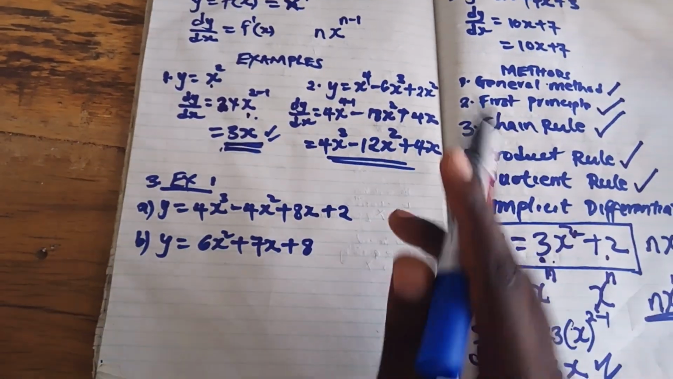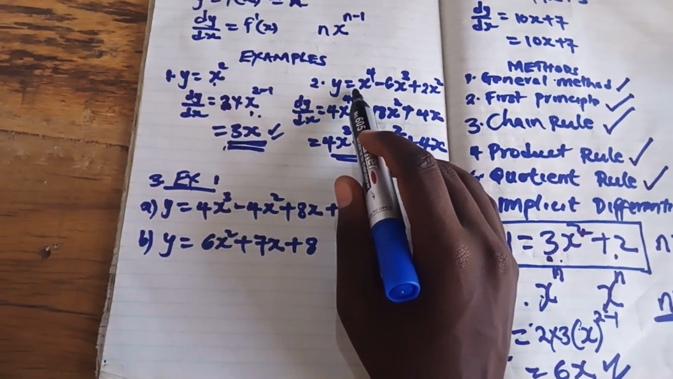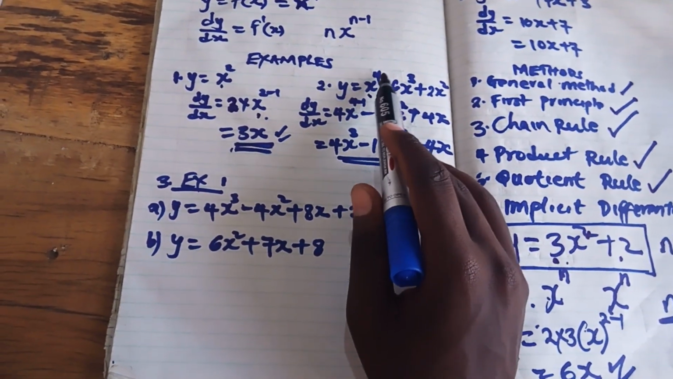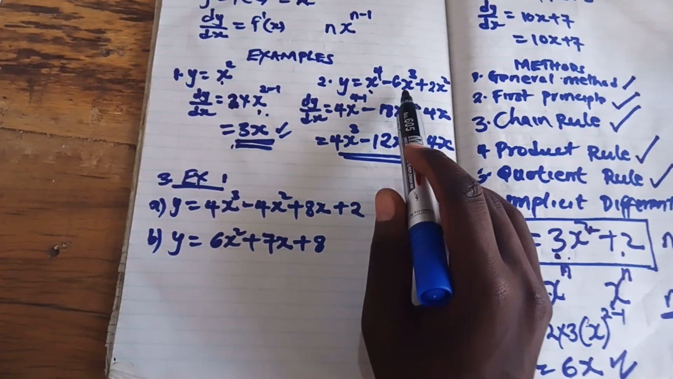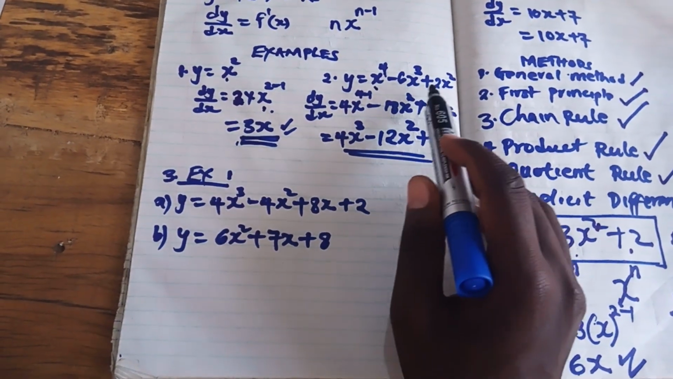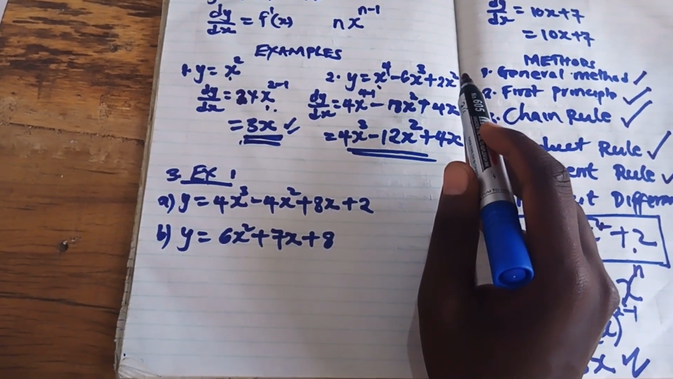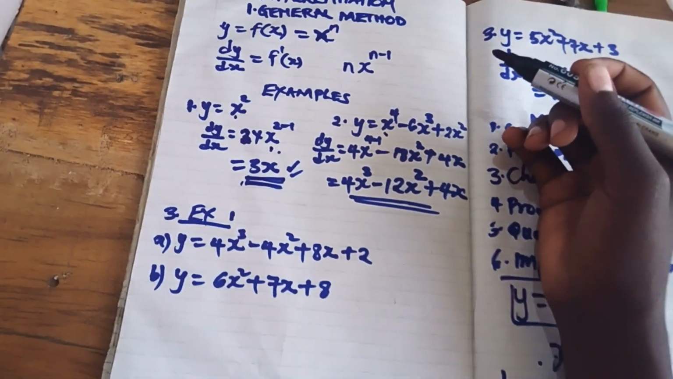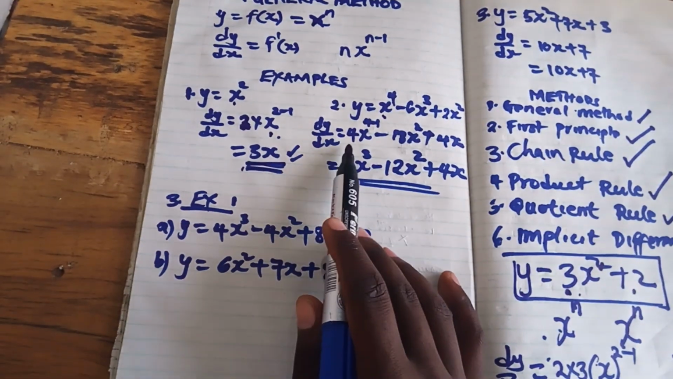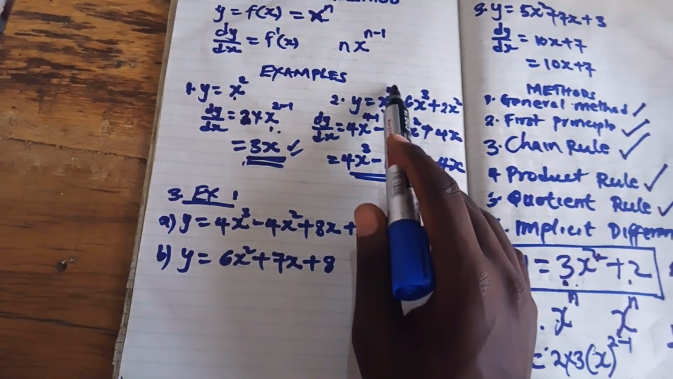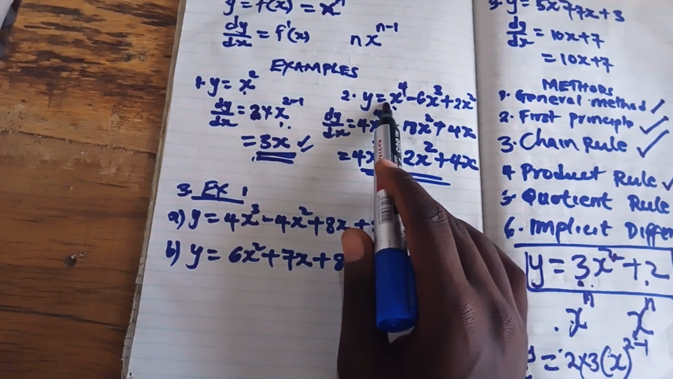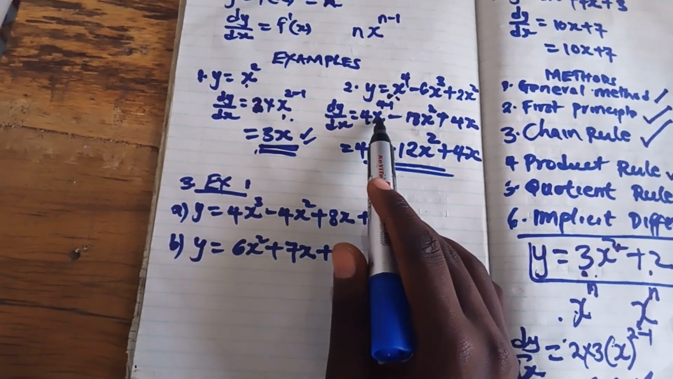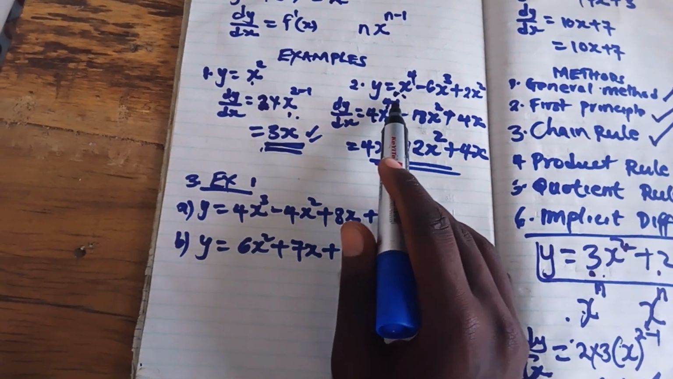Then the next example, we have been given as y equals to x raised to power 4 minus 6x cubed plus 2x squared. Then finding the function dy over dx will be given by 4. You take the power, multiply by the function, subtract 1 from the power. Then we have 4 times x raised to the power 4, we subtract 1,